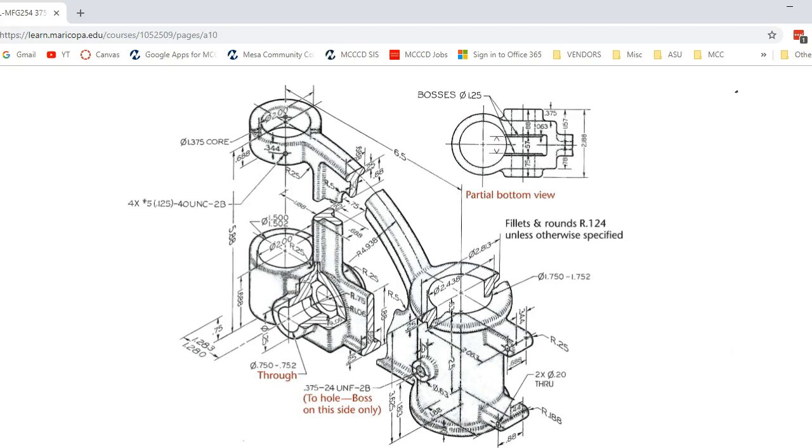13.17. I stared at this one a little while, mainly the geometry around this boss. I kept wanting to make this a positive or an internal shape, but then it finally clicked that this is material that is being removed, and so that helped quite a bit. So one of the things we can do with this complexity is do a layout sketch and get in at least the majority of the dimensions, and then if we need to, also a layout sketch for maybe the top plane, and that will give us enough information to start to decipher this